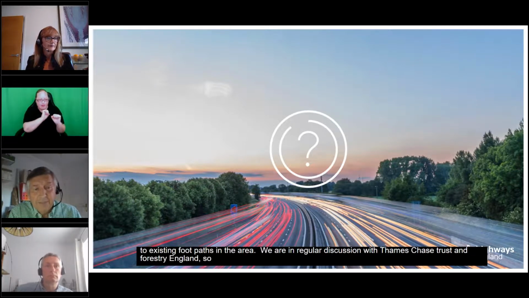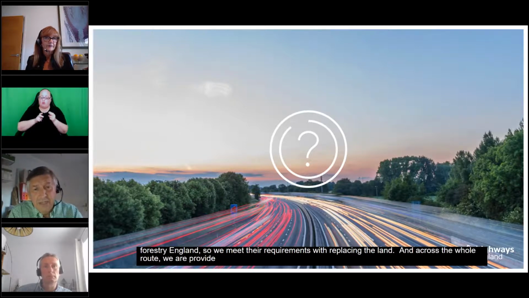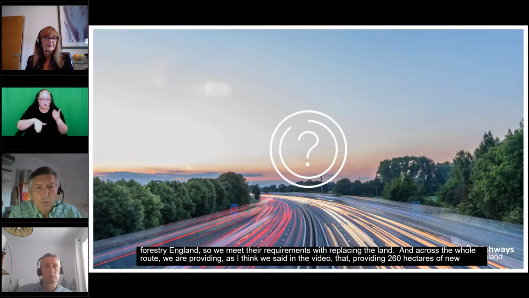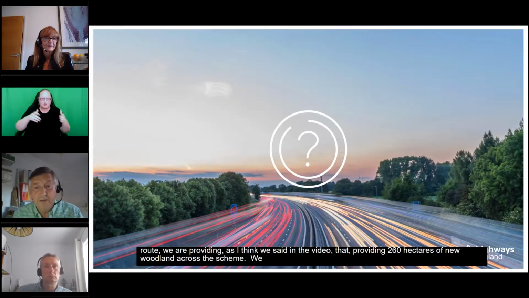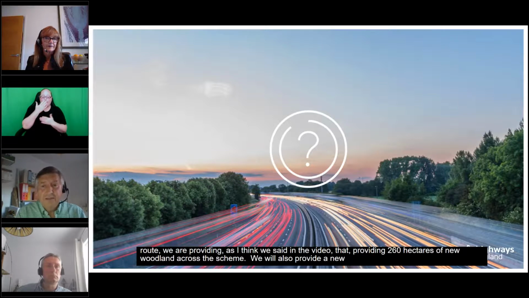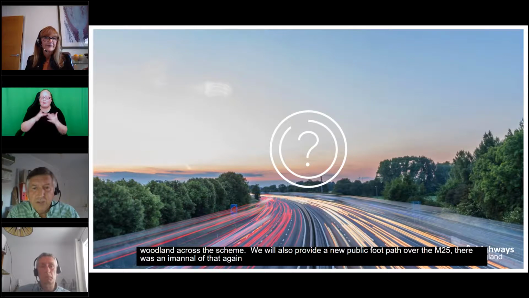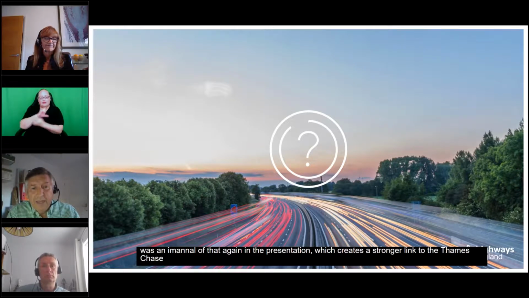the land. And across the whole route, we are providing, as you heard in the video, 260 hectares of new woodland across the scheme. So we will also provide a new public footpath over the M25. I think there was an image of that again in the presentation, which creates a stronger link to the Thames Chase Community Forest. And in addition to the Lower Thames Crossing proposals, we are also proposing to provide a new